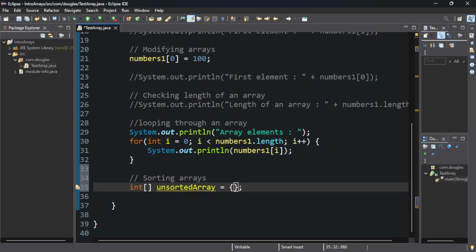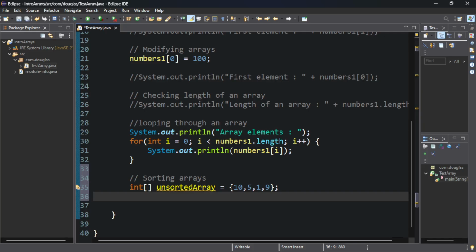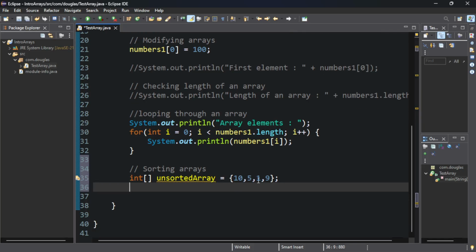Maybe I will say 10, maybe 5, 1, maybe 9, something like this. Okay, so in case I want to sort the arrays you're seeing above here,